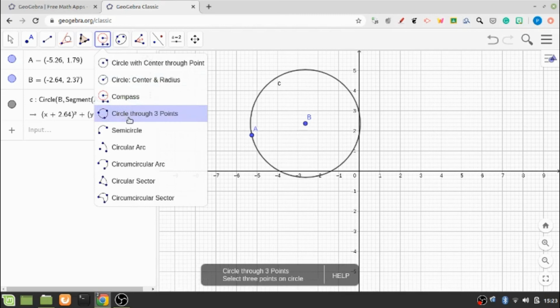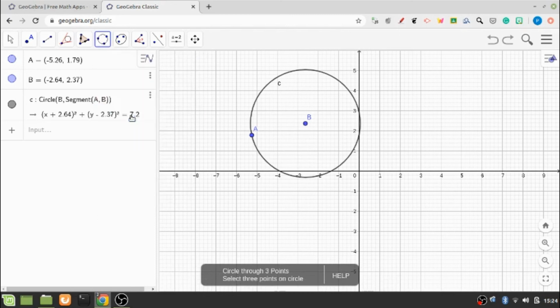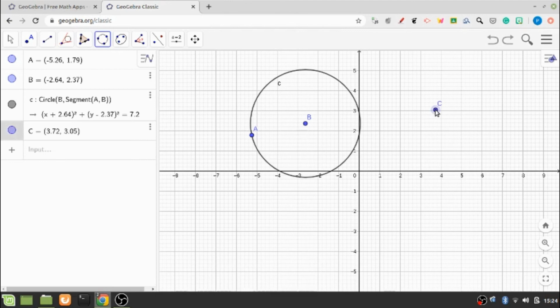Then the next option is circle through 3 points. If I click on this particular option, we'll be again needing 3 points. So let us click for one point, which is C, then clicking on the next point, which is D, and if I just move my cursor to any of the directions, you can see that a circle is being generated of any size. So I can make it of my choice of which size I want to make this circle. I can put the next, that is the third point, anywhere on this circle.